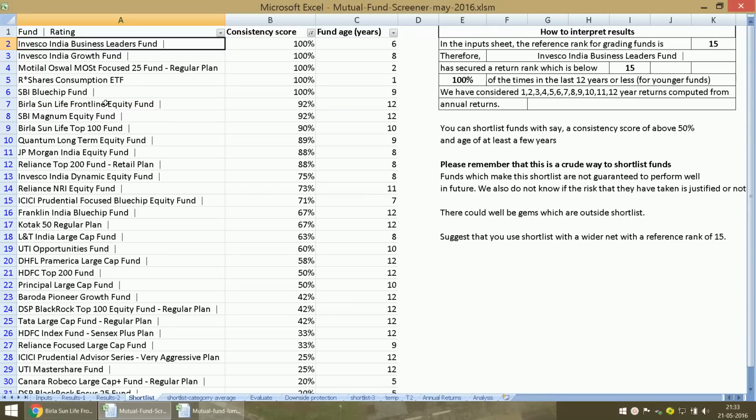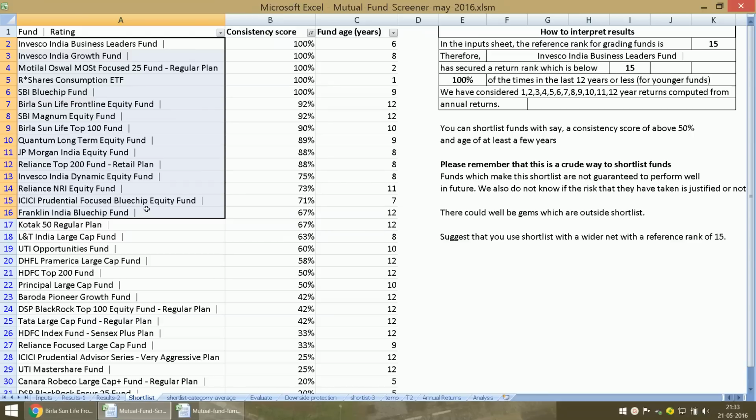And similarly, Birla Sun Life Frontline Equity Fund has been in the top 15 for 92% of the times when 1 year, 2 year, 3 year, up to 12 year CAGRs are considered. So the screener chooses the top 15 in this category. There may be other funds which are outside this sometimes, but it chooses the top funds in this category, and it goes ahead and